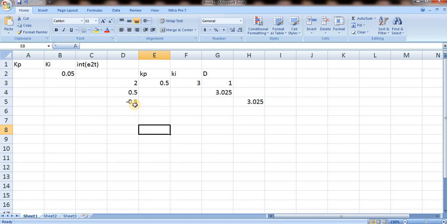So my error is 0 minus 0.5. Here also the error is coming, so 3 into 0.5, it is actually 1.5. So let us assume 1.5025 or 1.525, whatever may be. It is for approximation values I am taking. So this is minus 0.5. So minus 0.5 into kp, minus 0.25.